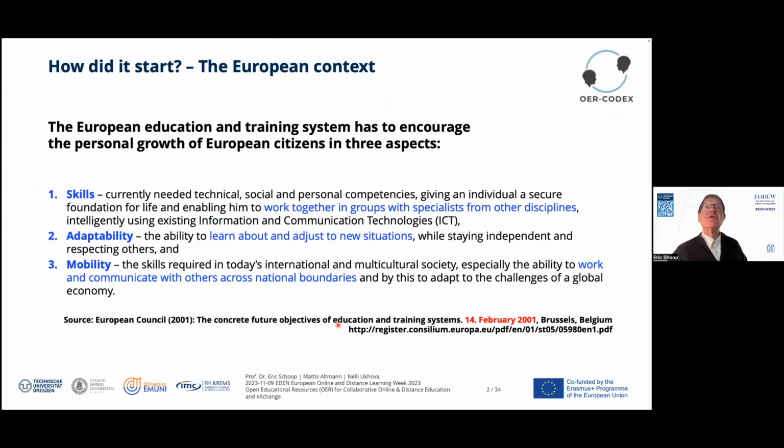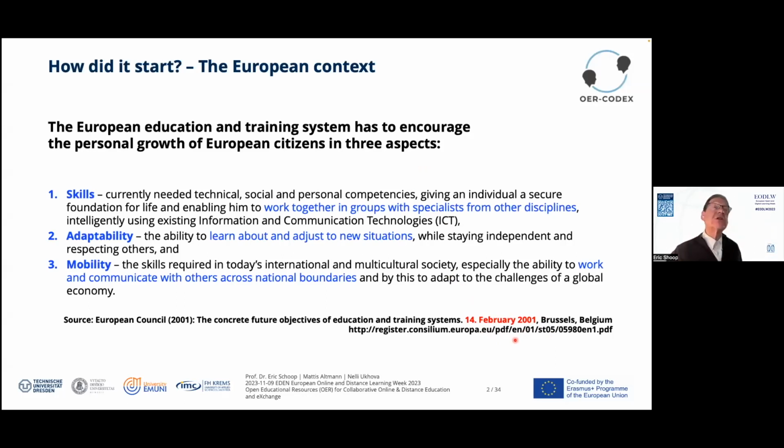Let me refer to the European context. It dates from 2001, immediately after the start of the so-called Bologna process.